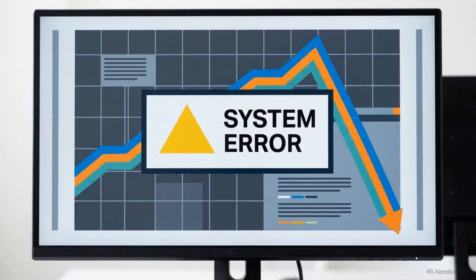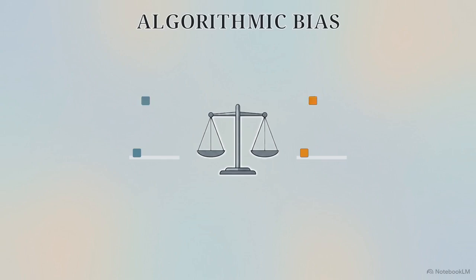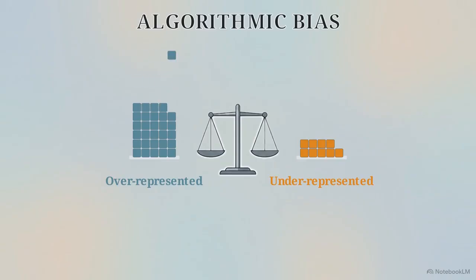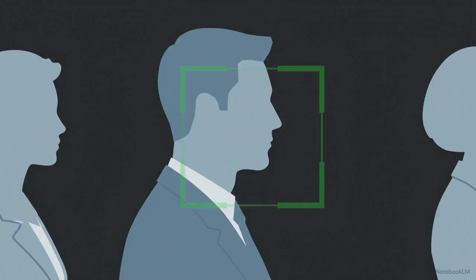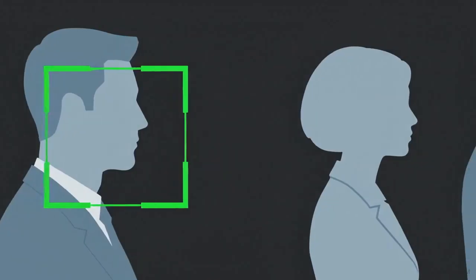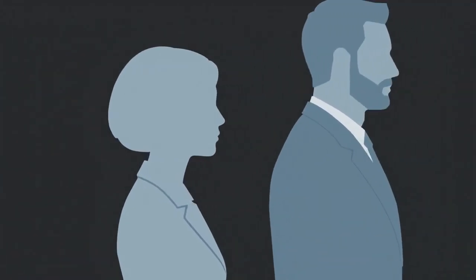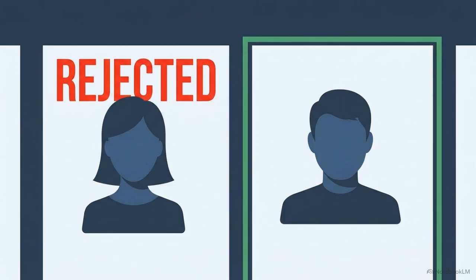However, there is a catch. AI isn't an infallible, purely objective system. Its intelligence is strictly limited by the quality of the data we use to train it. This visualization demonstrates the concept of algorithmic bias. If a machine is trained on an unbalanced or unrepresentative dataset, it will learn those imbalances and produce unfair or prejudiced results. We see this happen in the real world when facial recognition models fail to identify certain demographic groups, or when automated systems reject qualified applicants because their resumes don't match historical, biased hiring patterns.